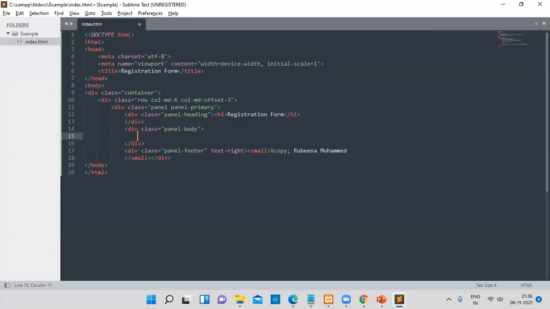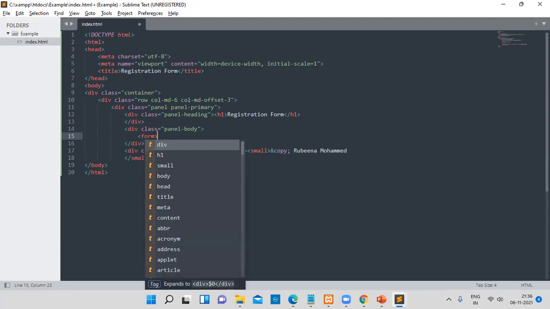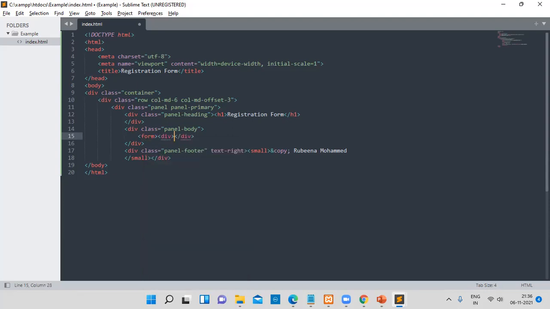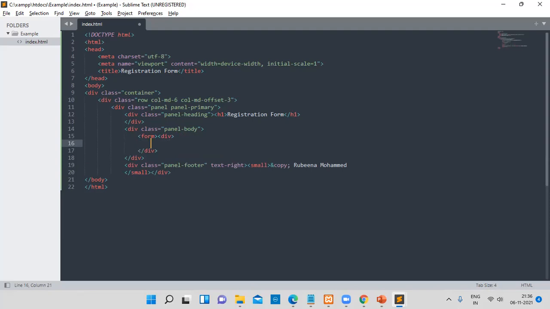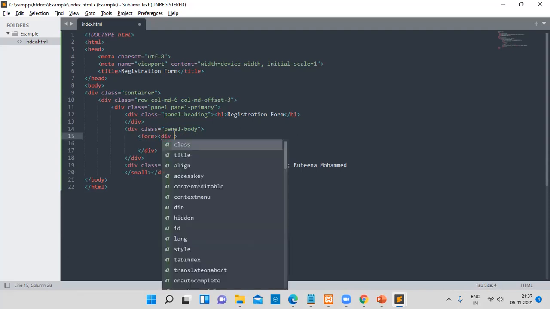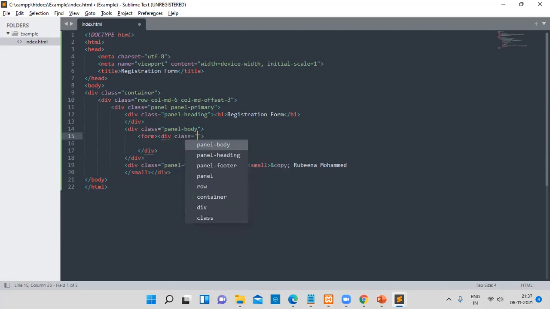So there it goes with the form tag. We are initializing our form, right? And there it has taken its own div. So you can mention in this div as class, as we will be making that class as our form group,